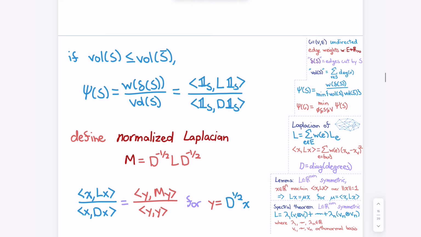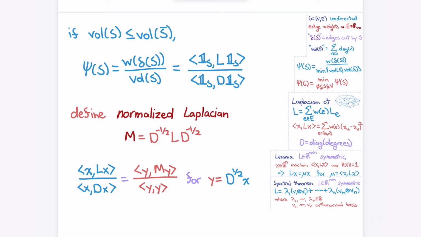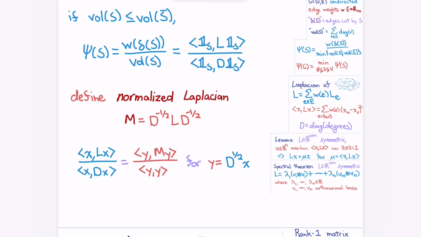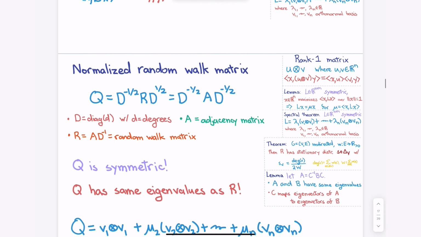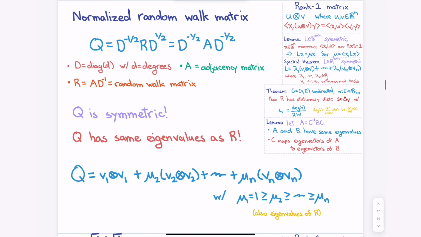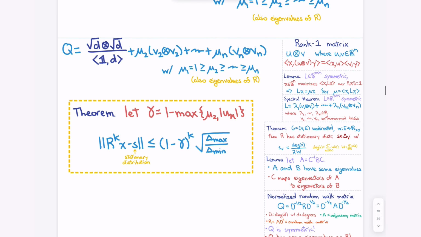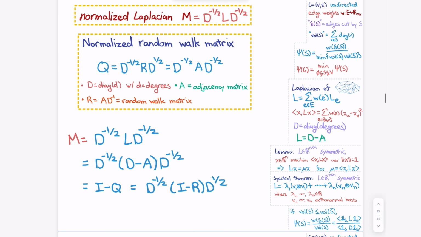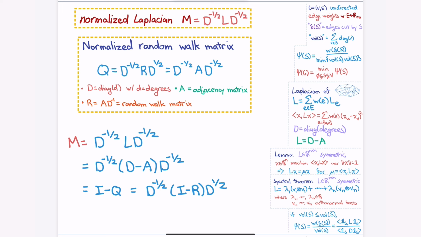Okay, so good. And then I introduced a normalized Laplacian, where I'm going to apply D to the -1/2 on each side. It will be better motivated in a moment. Or let me connect it to our normalized random walk from before. So this is what we did, I guess, two classes ago or last class. This is what we proved. So one way to connect this is the normalized Laplacian can be written as I minus the normalized